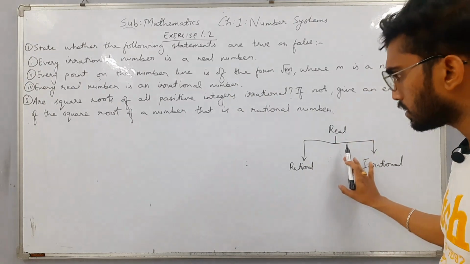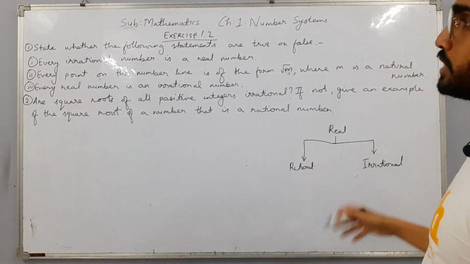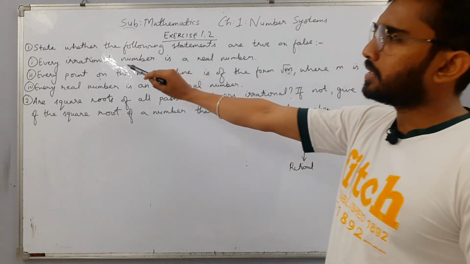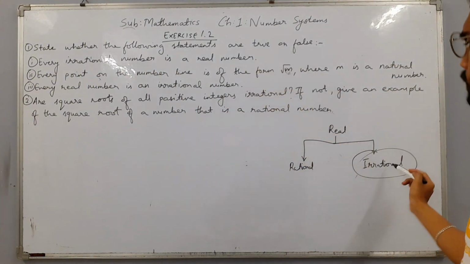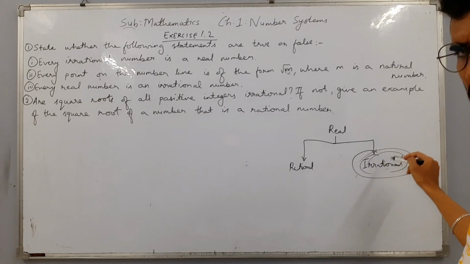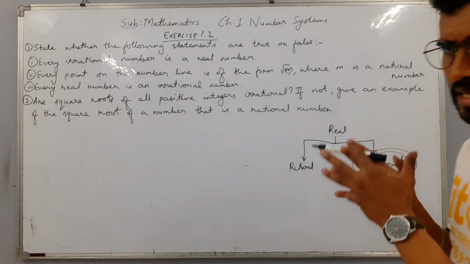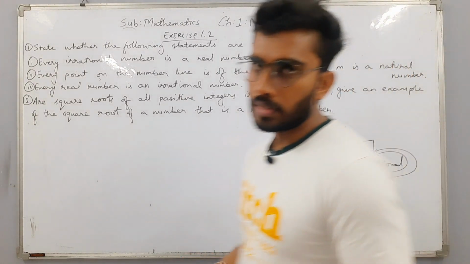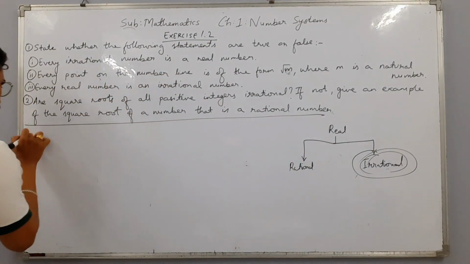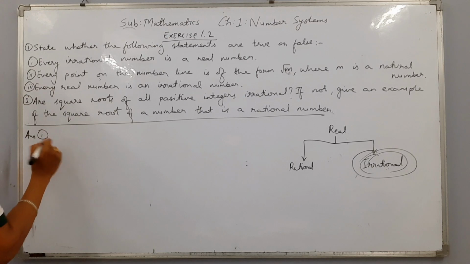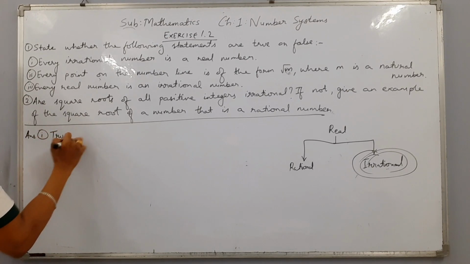Based on this classification, we can answer that yes, every irrational number is a real number. All the irrational numbers will be in the category of real numbers. So here I am writing the answers. First answer is, the statement is true